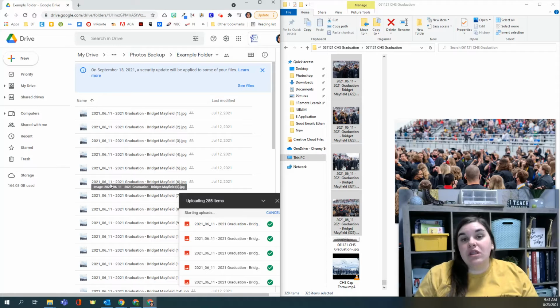So just because it isn't one of the best photos doesn't mean it shouldn't be uploaded. That's why it's called a photos backup. Not everybody's going to see these, but we want to make sure they're all available. So once you have them all uploaded, what you're then going to do is make a top